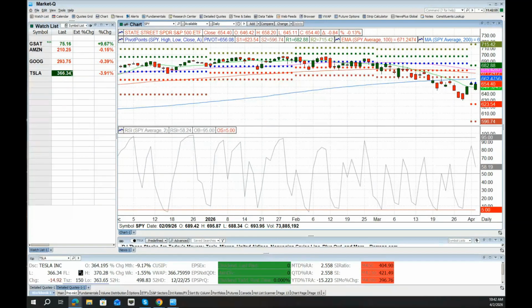But the picture that I'm looking for, the setups that I'm looking for, is always the same. I'm looking to go in direction of the weekly and the daily trends, and I define those off of price structure first. That could be key swing highs and swing lows, followed by the EMAs, the exponential moving averages. I use the 20 primarily, and then I'll wrap a 12 and a 26 around it just as a backdrop for trend.